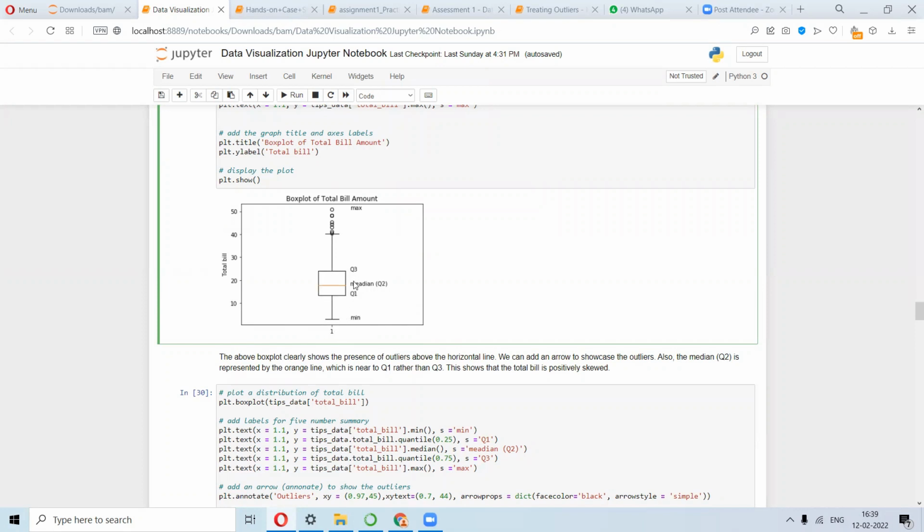Interquartile range means from Q1 to Q3, so from 25% of the data set till 75% of the data set. So all this belongs to this box, right? And these are the whiskers. Whiskers will give you the minimum value, and this should be the maximum value. And anything beyond this can be treated as outliers.